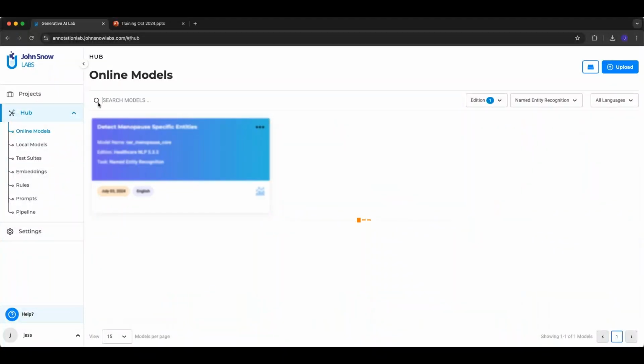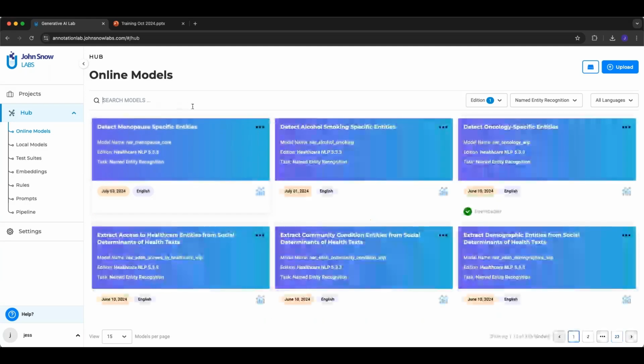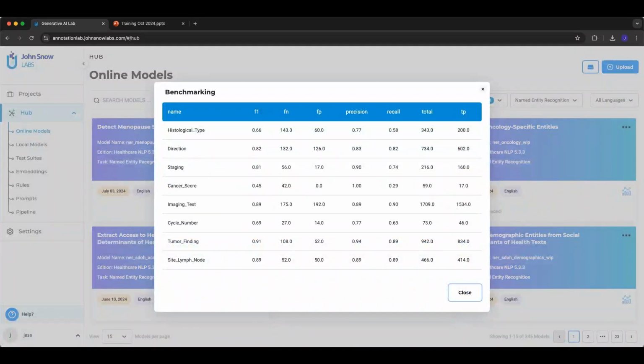Of course, there are times when you're going to have multiple entities to choose from. The way that you can choose is by looking at the benchmark data that's available here. So here you have every entity that is available through this specific model, and you can see the F1 score. We'll want to find a model that has at least some of the entities that we'll be looking to annotate so that we have less work to do. So having a look at this benchmark data,